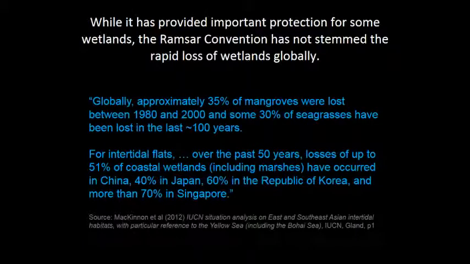And so while the Ramsar Convention has been important, it has not stemmed the rapid loss of wetlands globally. From 1980 to 2000, approximately 35% of mangroves were lost, and some 30% of seagrasses have been lost in the last 100 years. So up to about 50% of coastal wetlands. Okay, so thinking about that,